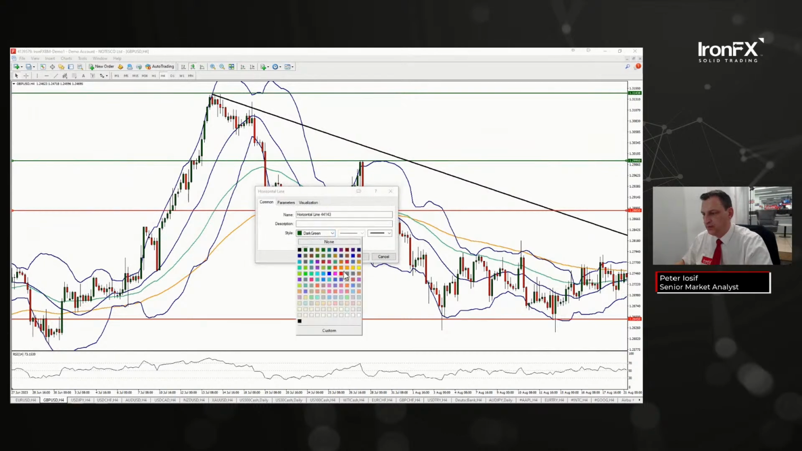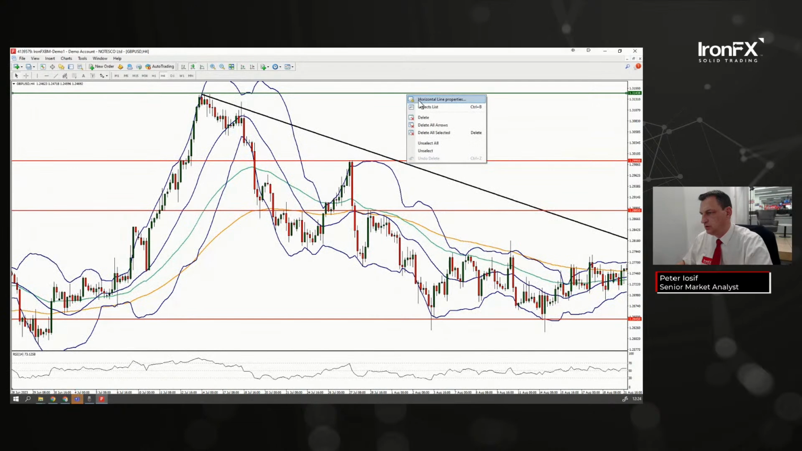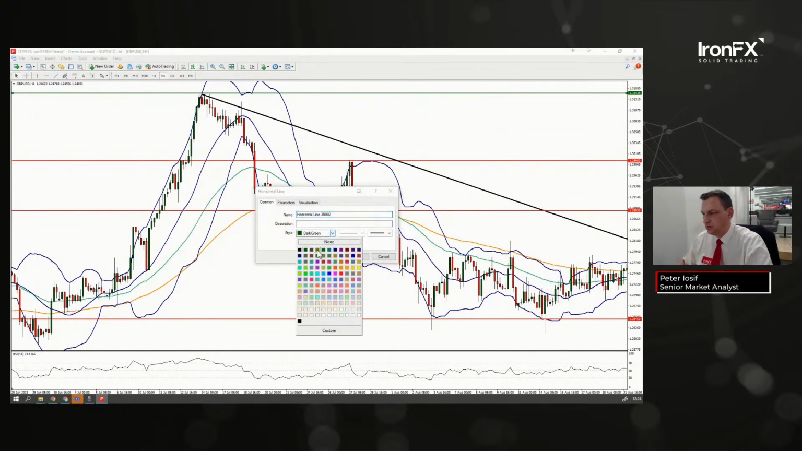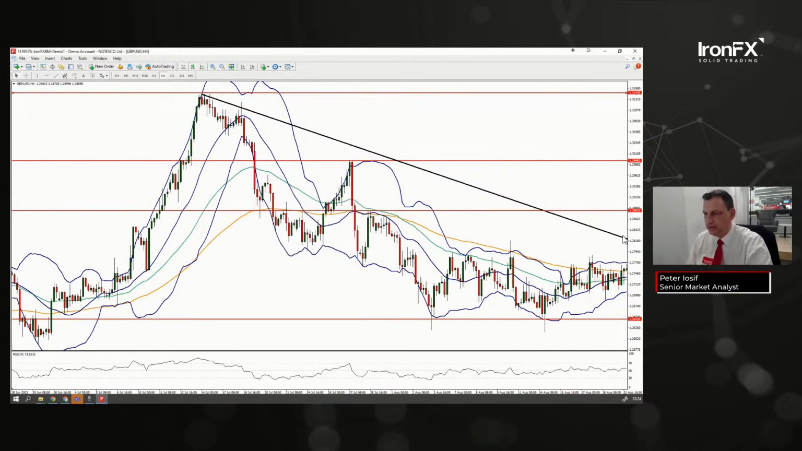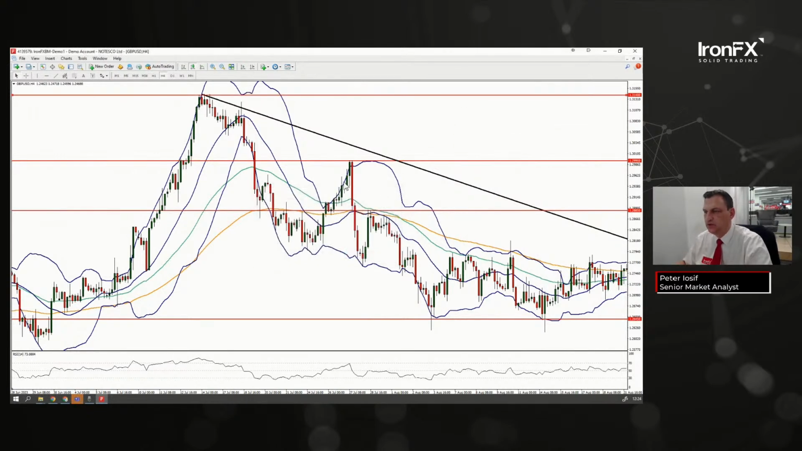Now, cable moved in an upward motion, and that was understandable given that the USD side of the pair weakened. On the other hand, though,